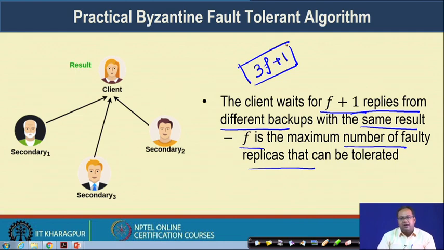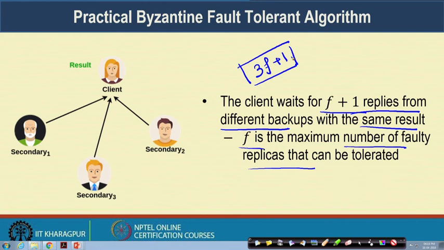But whenever the client receives f plus 1 messages with the same result, that means the majority of the correct nodes are sending a reply to you. So, when the majority of the correct nodes are sending a reply, you can say that the system has reached a consensus and the client accepts or commits that particular message.